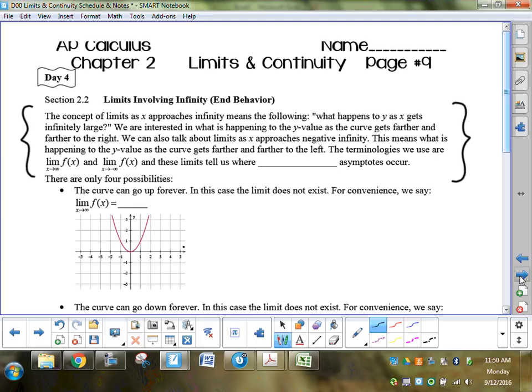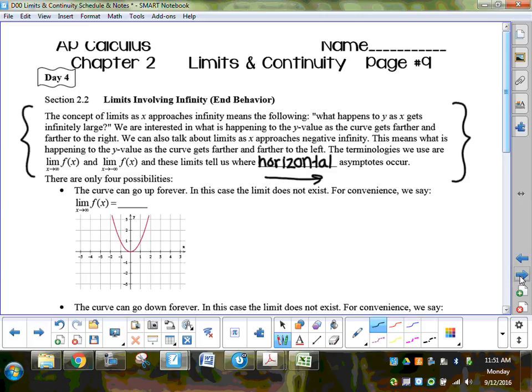So these limits, these terminologies we use, tell us where blank asymptotes occur. Well, those are going to be horizontal asymptotes. You're looking at what's happening to a function as it goes out to the left and to the right. If anything happens,